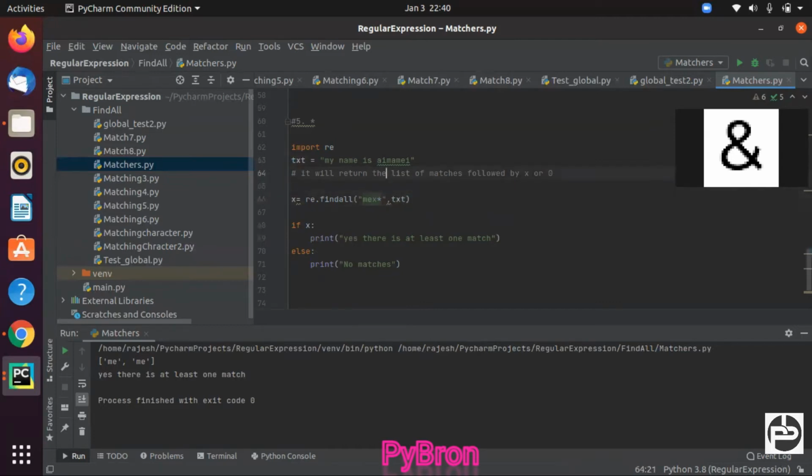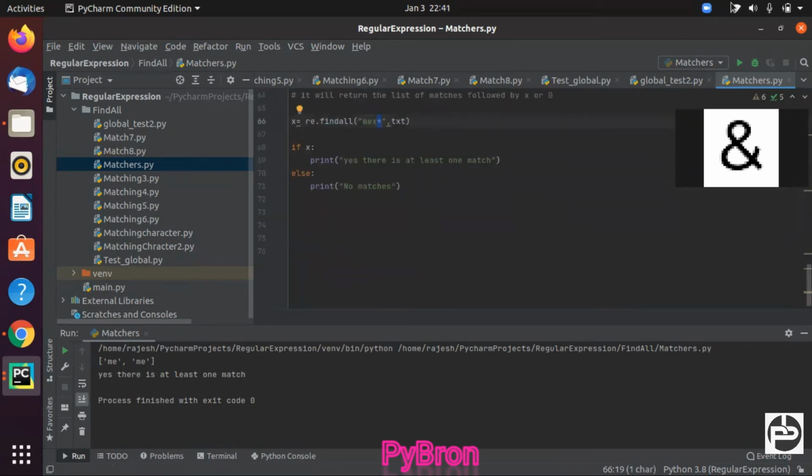In this text sentence, you can see my name is Amia Mimi. I wrote it like this so that you can see in this sentence we have two Ami, and after one Ami there is one I, and after the other Ami there is nothing. So it will return both Ami if we put this asterisk condition.